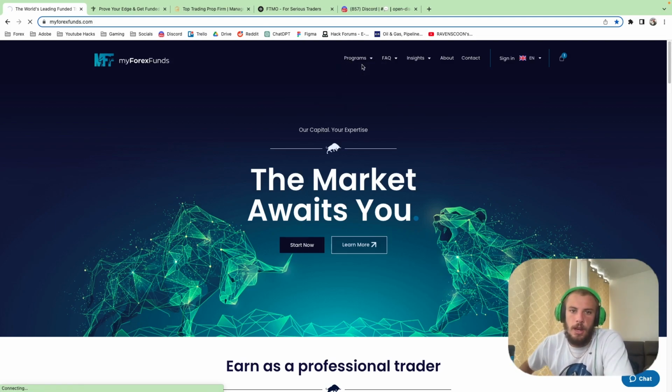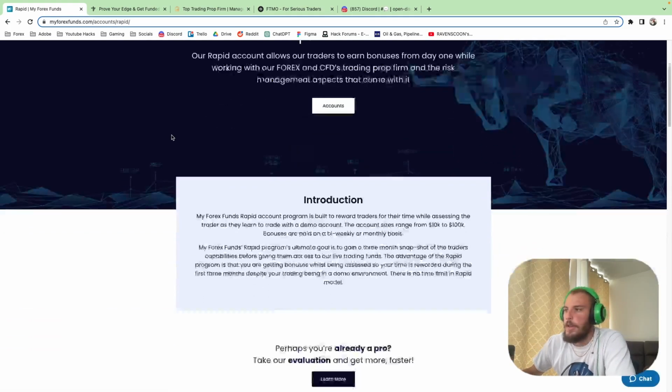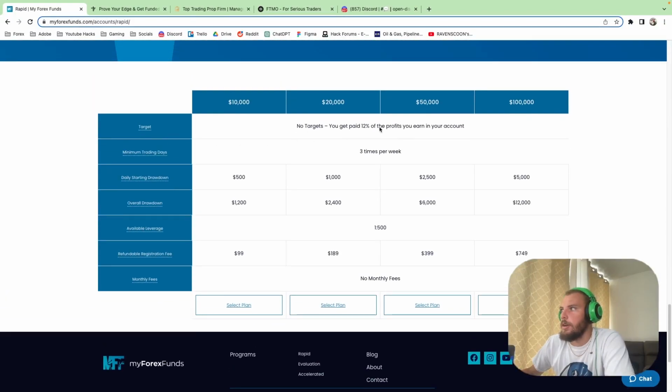Rapid allows you to not have to take any test and just start trading right away. However, you only get 12% profit share. Immediately trading, you're right in the action. You don't have to pass any silly test. However, you only get 12% of the profits, and you have to trade 3 times per week, which is a lot of trading. If you don't trade 3 times per week, you get banned,